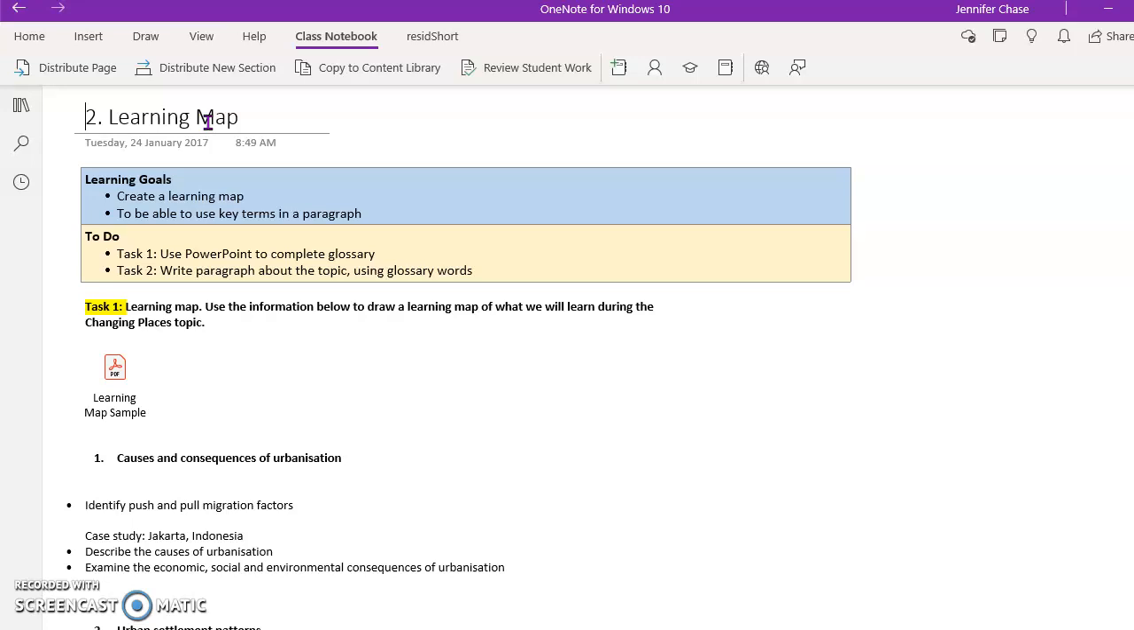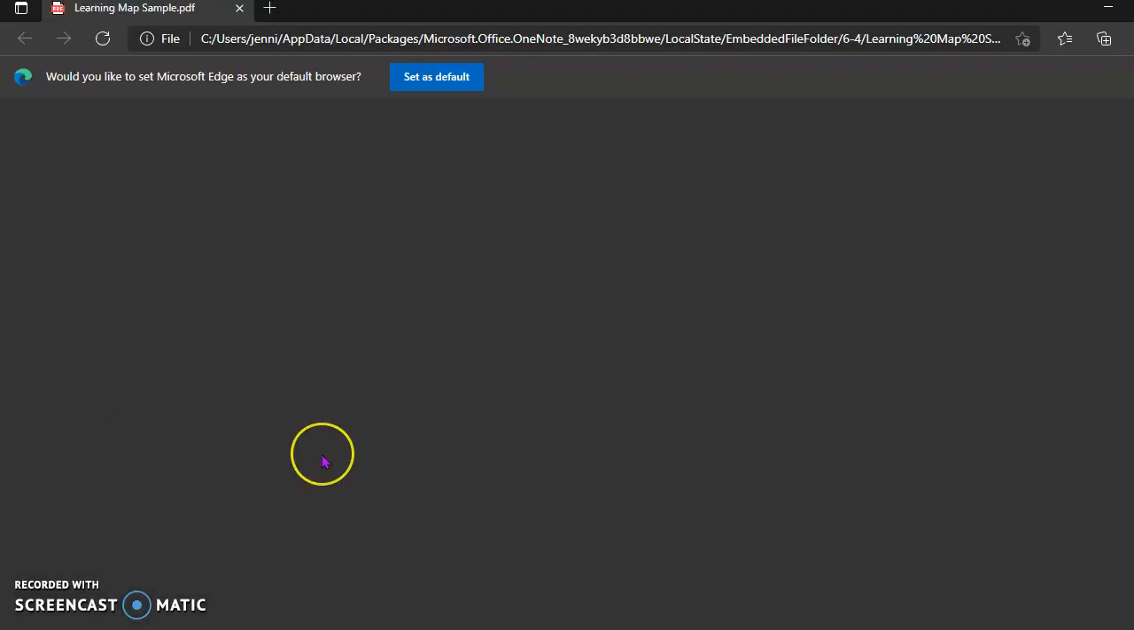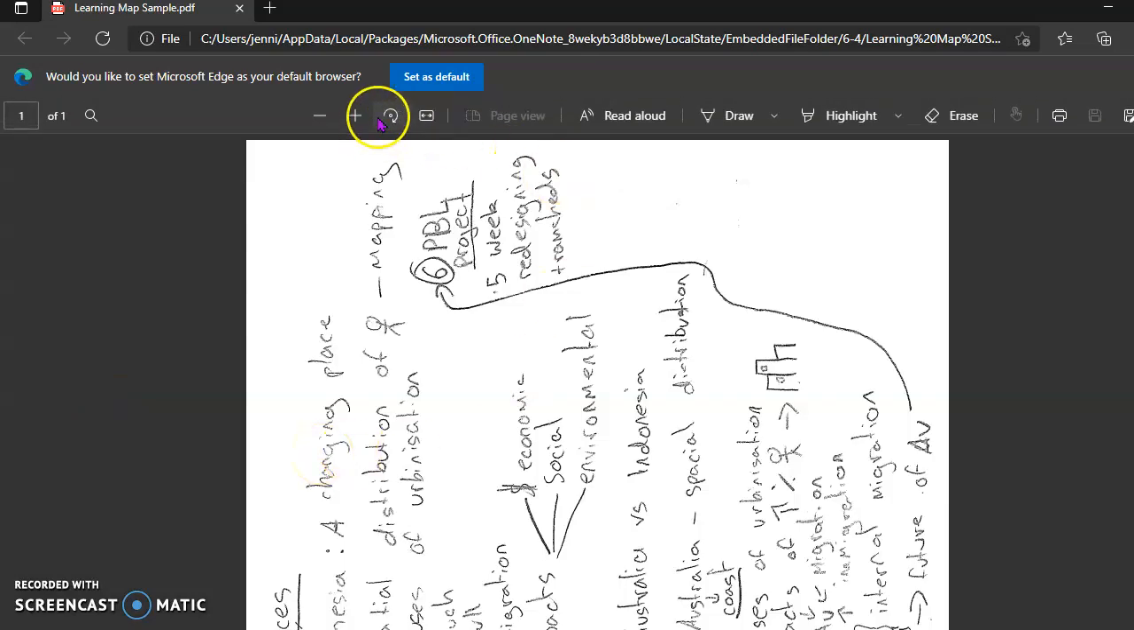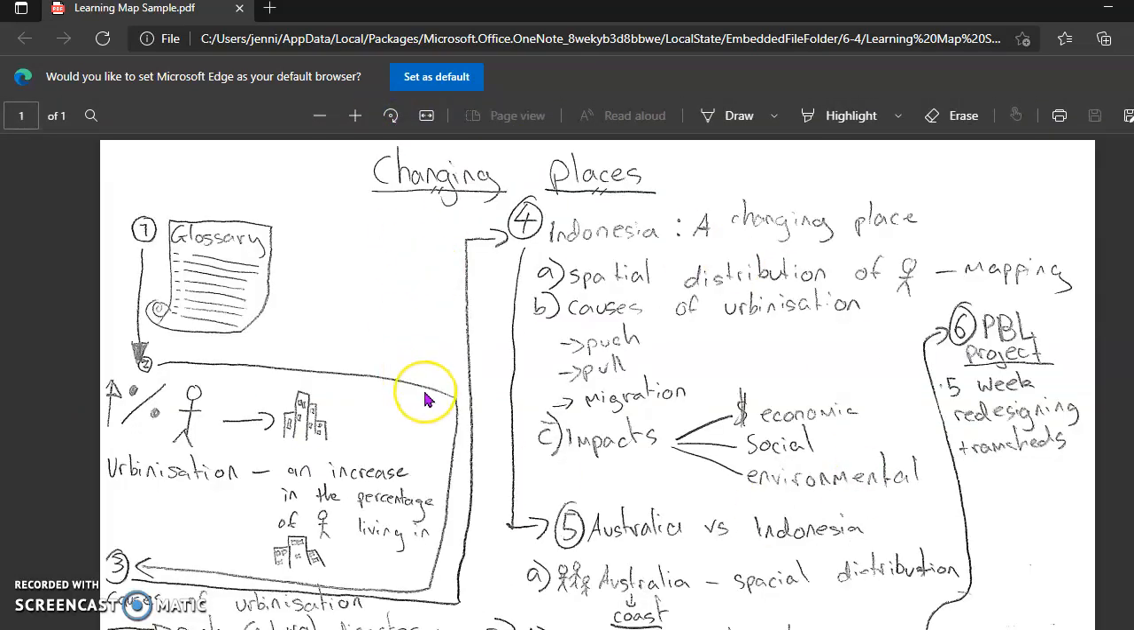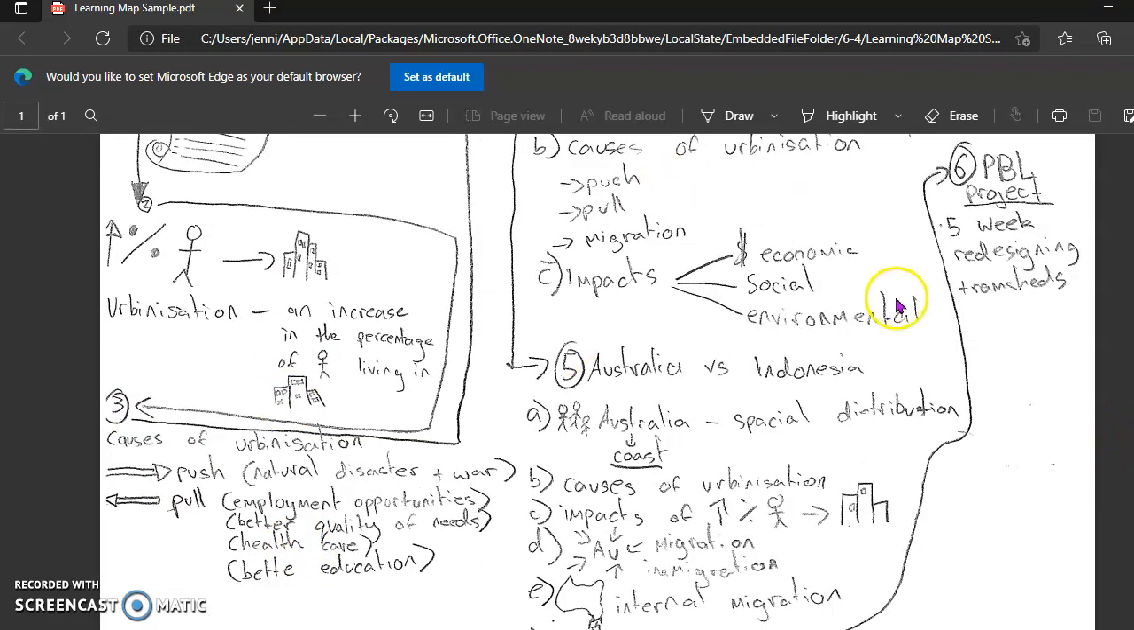Okay, so you will see that there is a learning map sample. Now, worst comes to worst, you're going to have to switch it around. You can copy this one. Look, it's not great. Please notice urbanization, that should be an A here. Okay, you can copy this one out, but the idea is you draw your own,